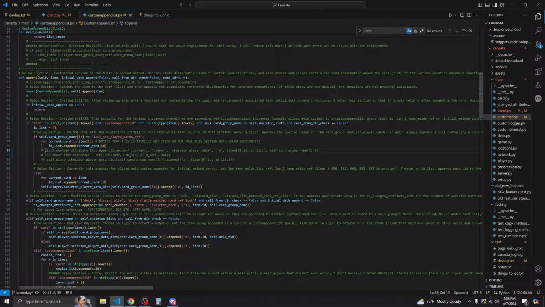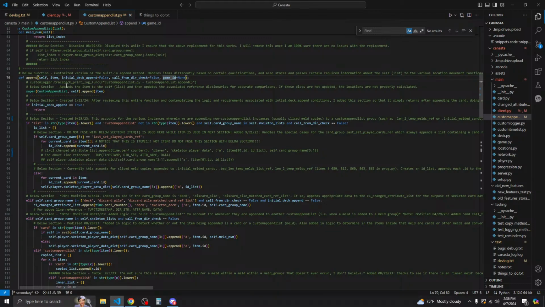If we're dealing with player 2, we want to do C2 change attribute list. But how do we access that? So we already have the game ID parameter that's passed, I noticed, and